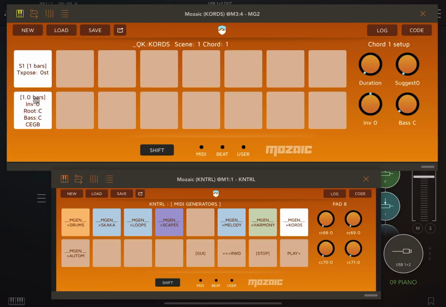And each chord slot has a set of common parameters, including duration, and we can select the duration, anything from 1 beat up to 32 bars. We have also the inversion setting, the root note, the bass note, and the notes of the chords